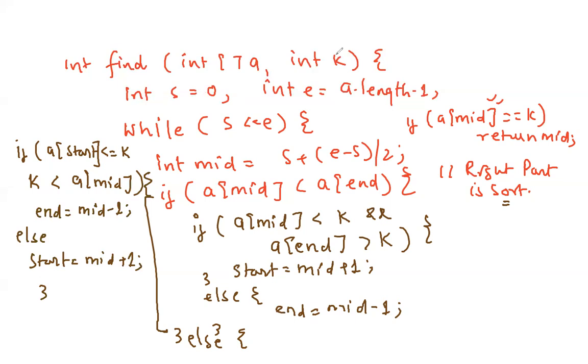right? So now coming to the execution, testing, implementation. A equals an empty array. You tell me, will it work? Run it, test. It will return minus one. The while loop won't execute because s is zero and e is equal to minus one. So we have to write the base condition before the while loop, like if a dot length is equal to zero, then directly return minus one.